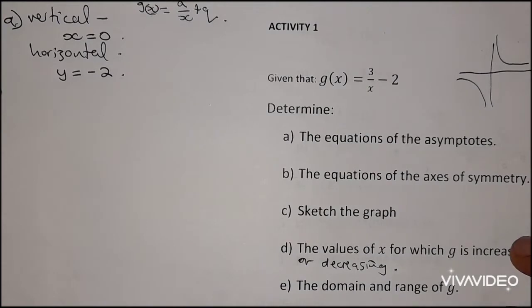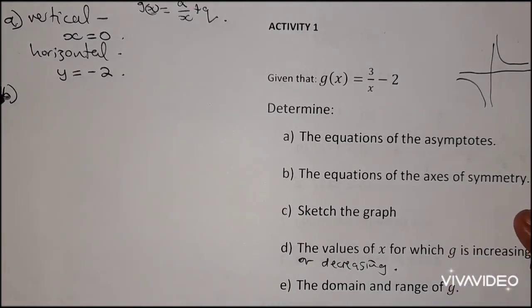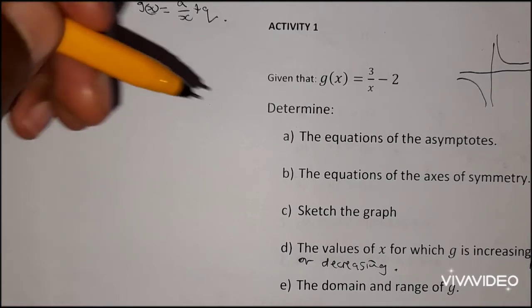And then the second question, question B, determine the equations of the axis of symmetry. For the hyperbola, we have two lines of symmetry, or the axes of symmetry. The first one